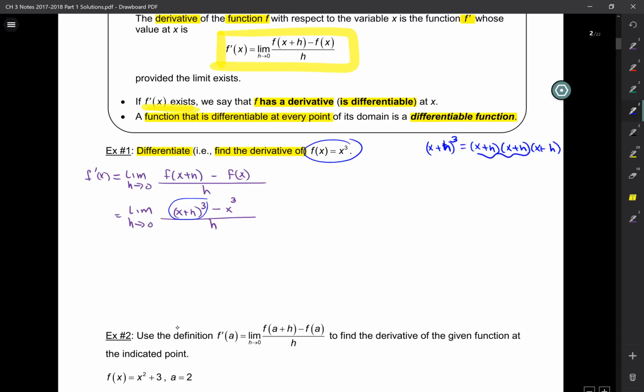I don't want to spend too much time on that, but let's just multiply those two first. x squared plus 2xh plus h squared times x plus h. So now we distribute the x. So it's x cubed plus 2x squared h plus xh squared, plus, now we distribute the h,